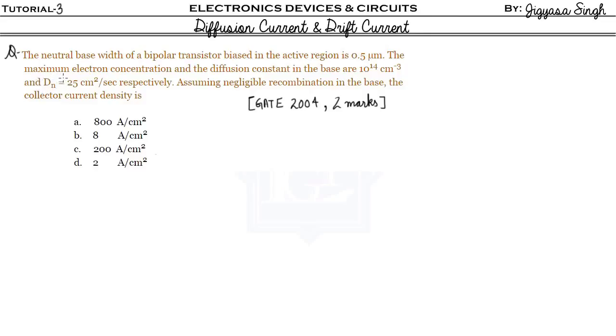So if you find this, you should already know that this is an EDC problem. So let's do it quickly. The n is given as 10 to the power 14 per meter cube from here, and the diffusion constant is given